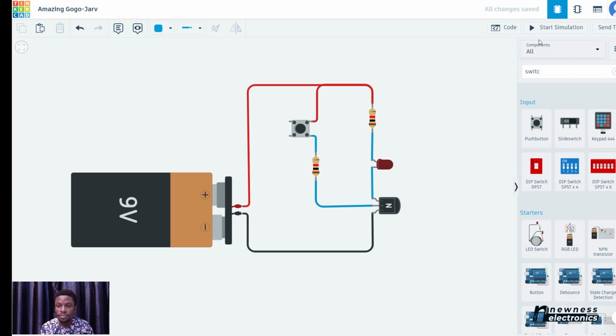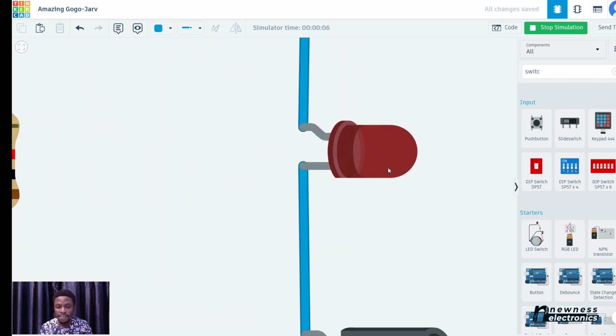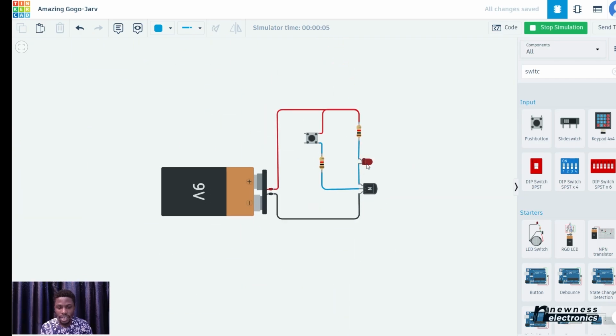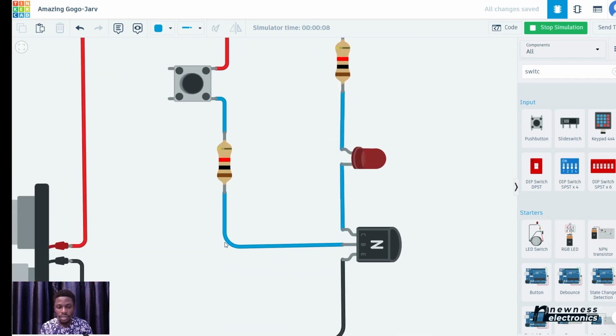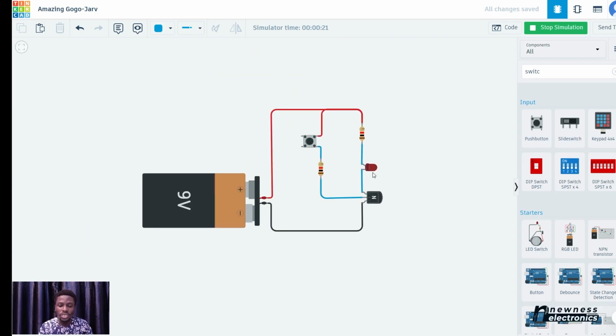So let's start simulation. Now you see this light turned on faintly. Let's stop simulation. Do you see that? Let's start simulation. The light turned on faintly. And why is that? It's simply because there's no current flow here. If this switch is pressed, you see the light will turn on fully. But if the switch is not pressed, the light turns on faintly. That's telling you that there's a little leakage current flowing into the transistor,